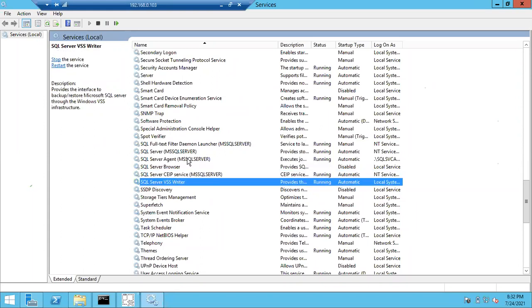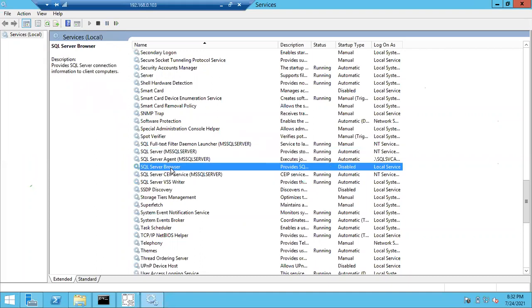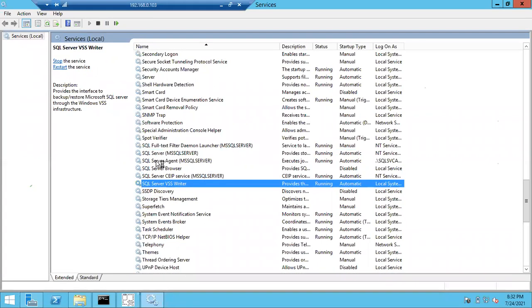So on the washing machine you cannot see your name. On the washing machine, on the Wi-Fi router, you cannot see your name or the PG owner's name. Those are the shared ones, right? So everyone can use them. They know that those are the shared features. In the same way, specific services will have their own name in the brackets. Shared ones won't have the name in the brackets. In that way you can identify. Here there is no name for Browser and no name for VSS Writer. So those two are shared features.